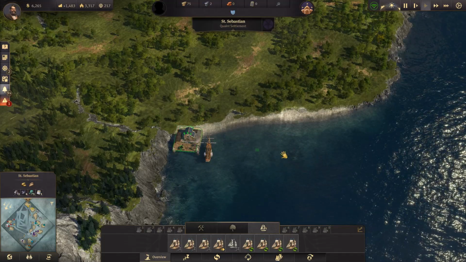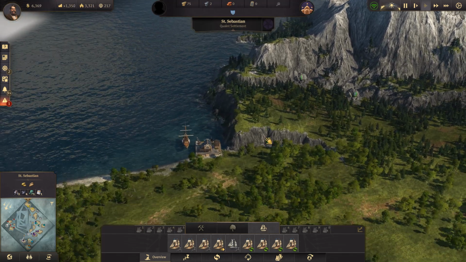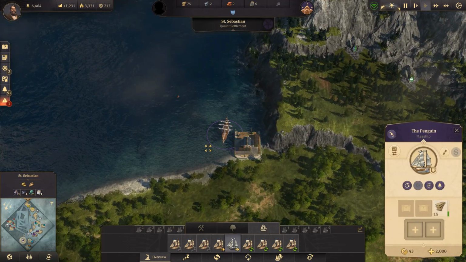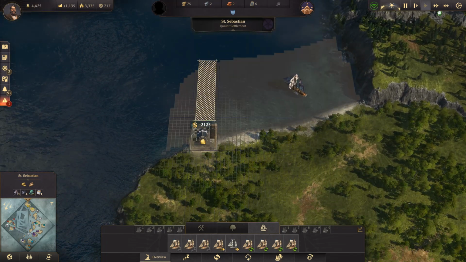Okay, so we've got a new island here in Saint Sebastian. That's a great auto-generated name. I'm actually pretty big fan of that. Flagship awaiting instructions. So, Saint Sebastian, what we'd like to do...